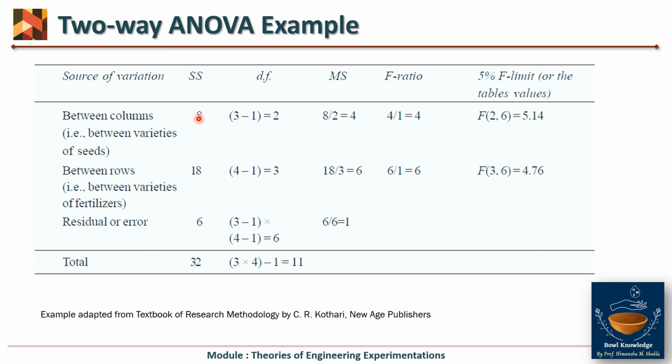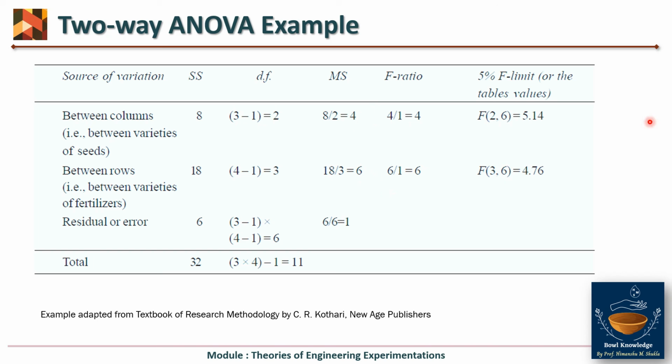Similarly, by dividing SS with degree of freedom, we will get mean of square. Then by dividing mean of square with what? Here it will be divided by 1. Okay. So in two-way ANOVA, as there are no within samples, so it will be divided by 1. So divided by nothing, we cannot do it divided by 0. So here your F ratio and mean of square will be a common thing.